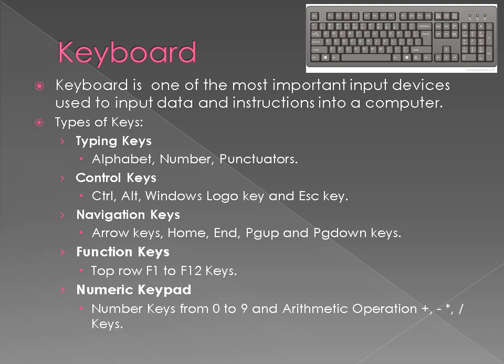Navigation keys are also there through which we can move around the document. Within a document, in case you want to shift to the first row, page up is used. Same as that, in the beginning of the line you can shift through home, and at the end of the line you can shift through end key. Page up and page down as well as line by line movement is possible through arrow keys.